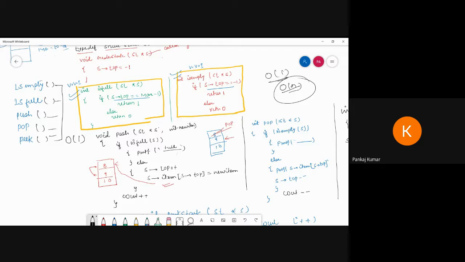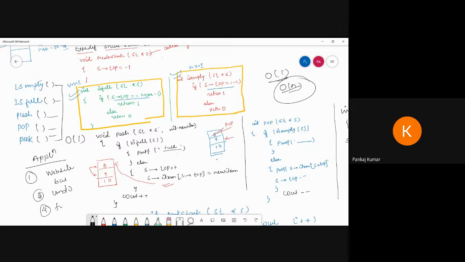Another important thing is the application part. You should know the applications, as everyone nowadays is interested in asking about applications. Where can you apply a stack? In websites, where we can go back and forward. Third one, the undo operation.